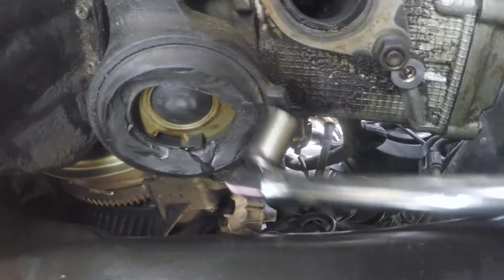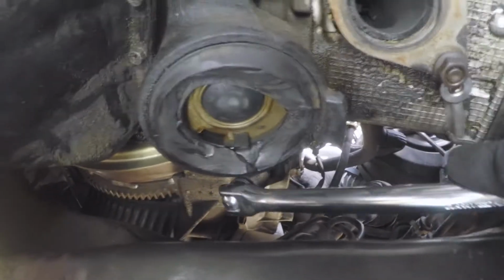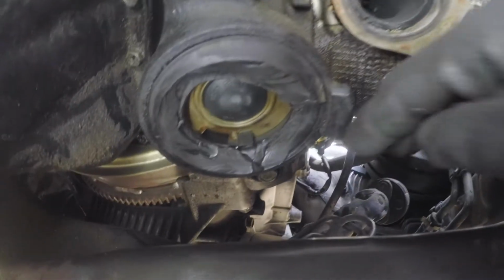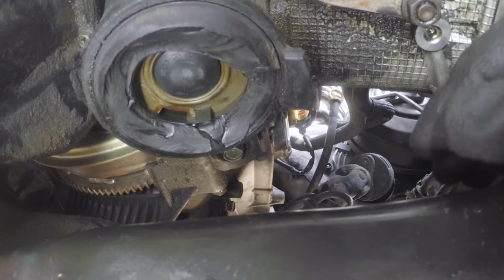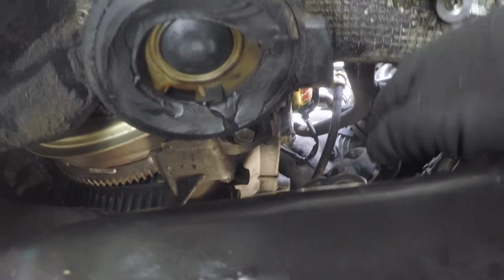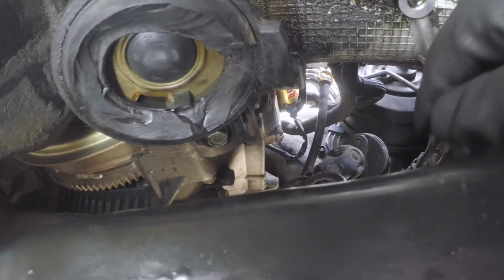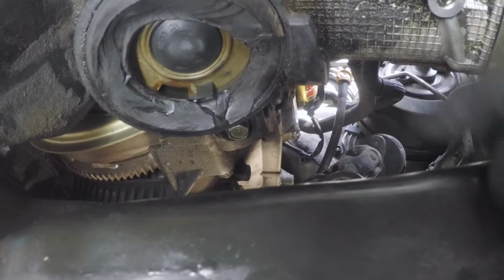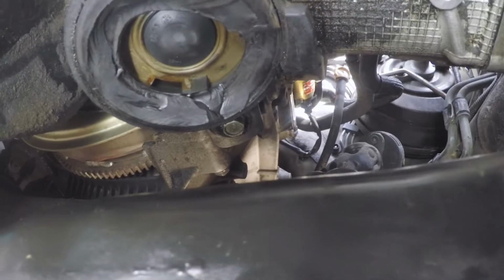I had to use an 18-inch breaker bar, and you can sneak it up into here and get it on that bolt and spin it. You can do it this way. Some people can do it from the back, so you're reaching your arm over the steering column. I couldn't get enough leverage. I could get my wrench on it, but I couldn't get enough leverage to break it,